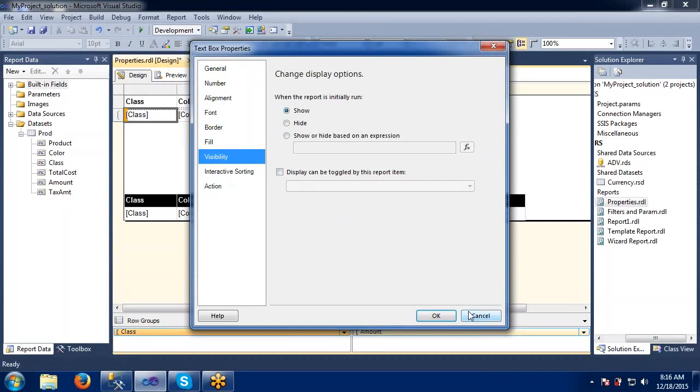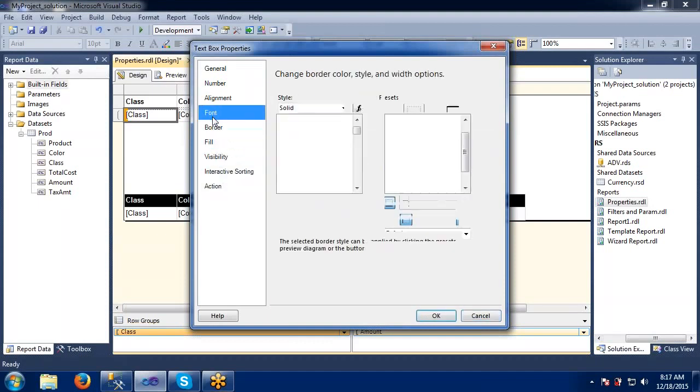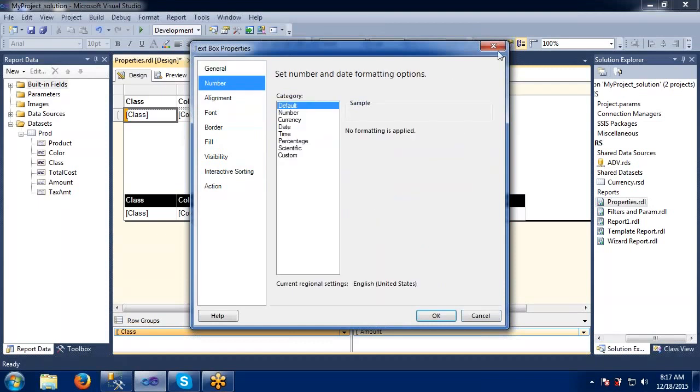Don't worry, I will take another report and show you one matrix report. In that also I will discuss more on this visibility option and interactive option. Right now I just want to tell you there won't be much difference when we take the matrix report also.